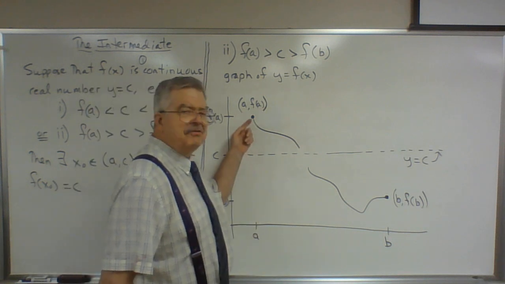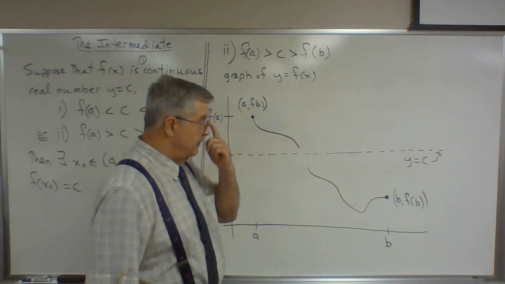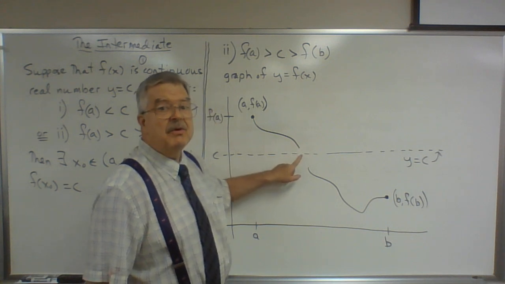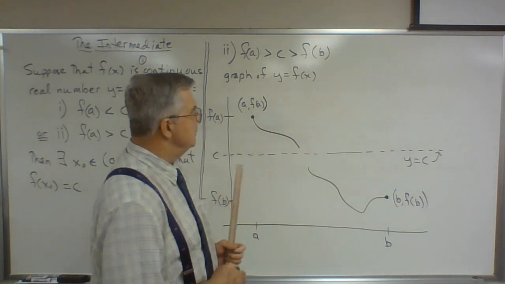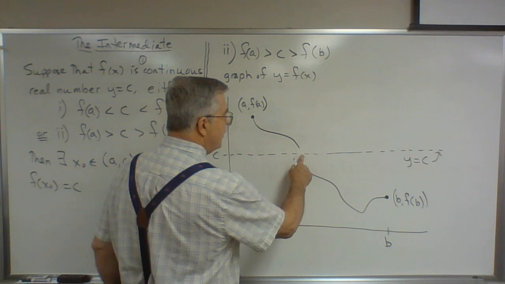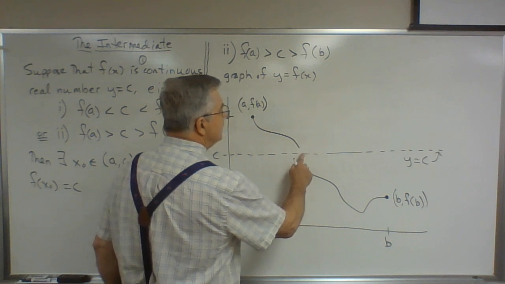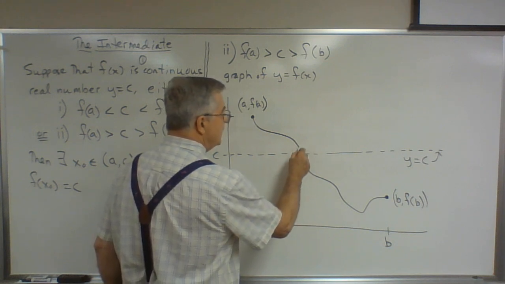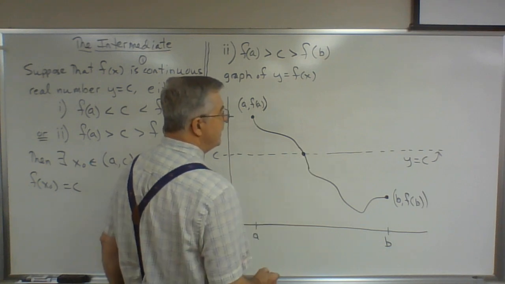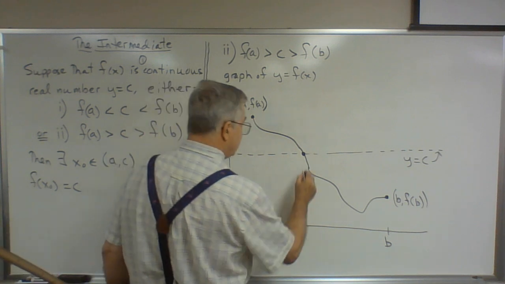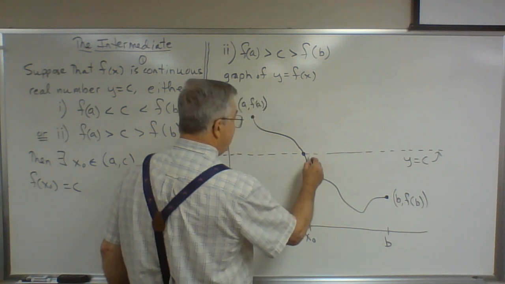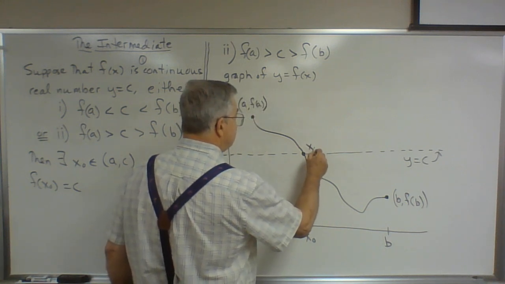And if the graph is connected and it's one piece, we can't get from here to here without crossing the line y equals c. Somewhere around here, the graph has to cross the line y equals c. And where it does, aha, there's our point. We'll call the x-coordinate here x naught. And this is the point (x naught,